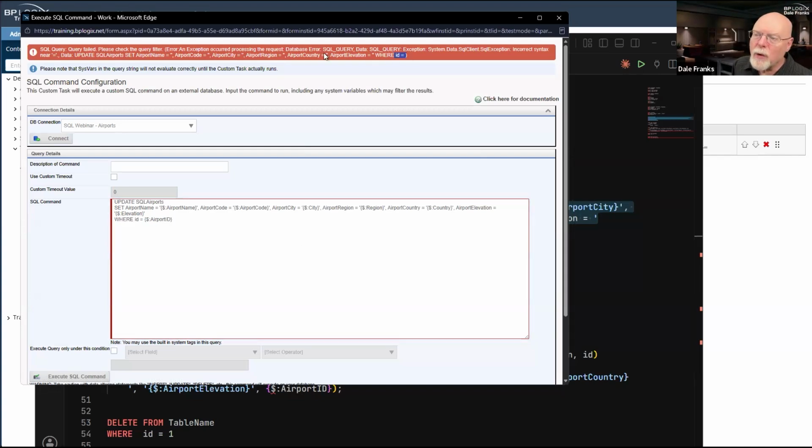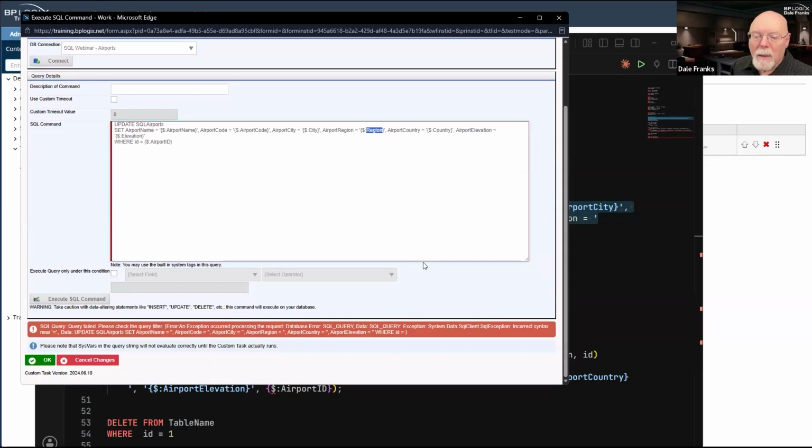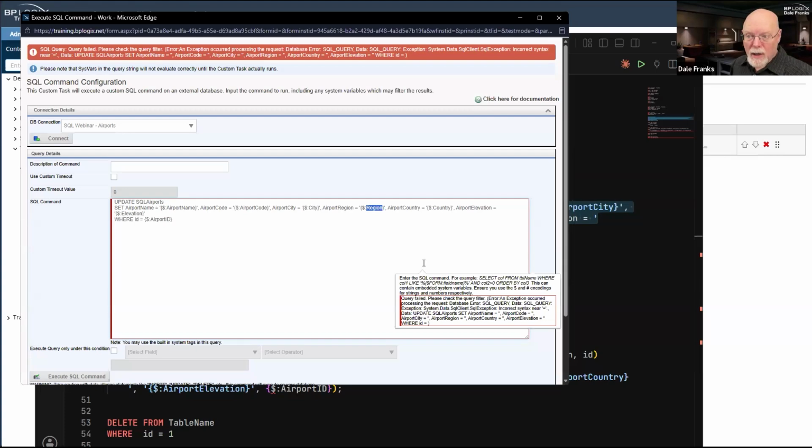So we're going to have to ignore this error, even though we know it's only an error because none of these system variables have any value. We are not in a context that enables Process Director to know what the region field is or the country field or what the airport ID is. But our SQL statement is good.